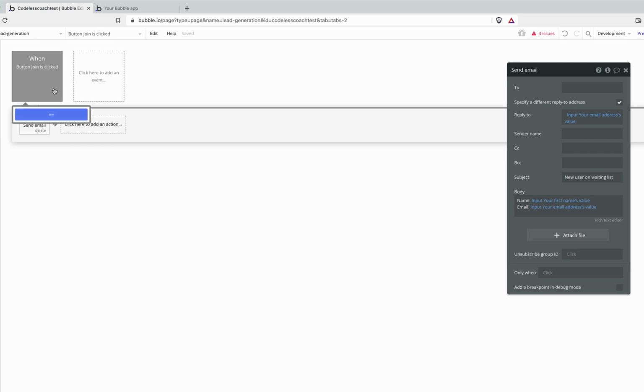So if this workflow was completed, I would likely receive an email, and that is because although this app is operating on the free Bubble plan, and I've not connected up a domain name, and I've not connected up a transactional email provider, Bubble does still let me test this workflow, but it's not a reliable method for an app